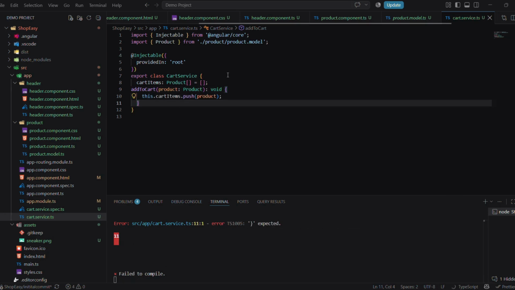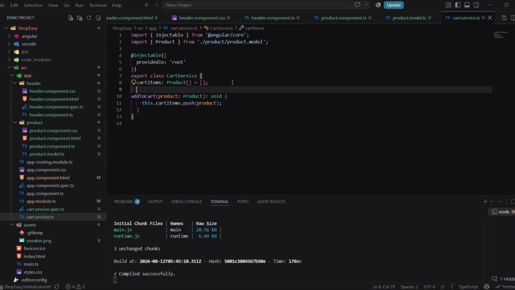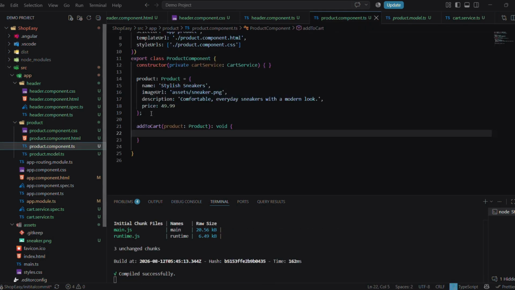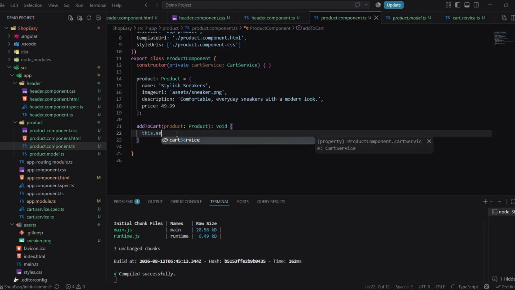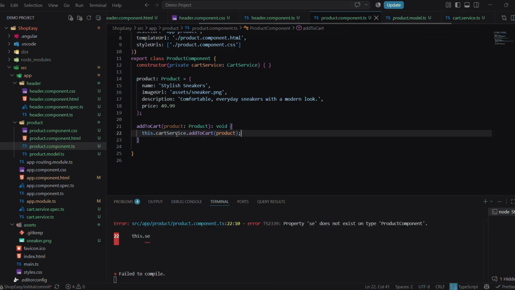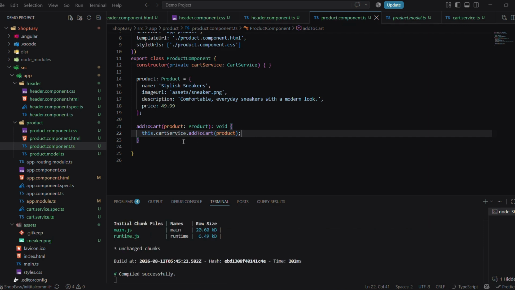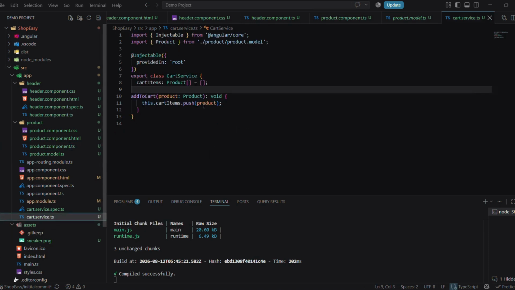Now the product component doesn't need to know how the cart is modified. It simply calls the service. This is a much cleaner separation of responsibility. The product component says, hey, add this product to the cart, and the cart service decides how to add it to the cart. Now the service contains both the state and the operation that changes the state.